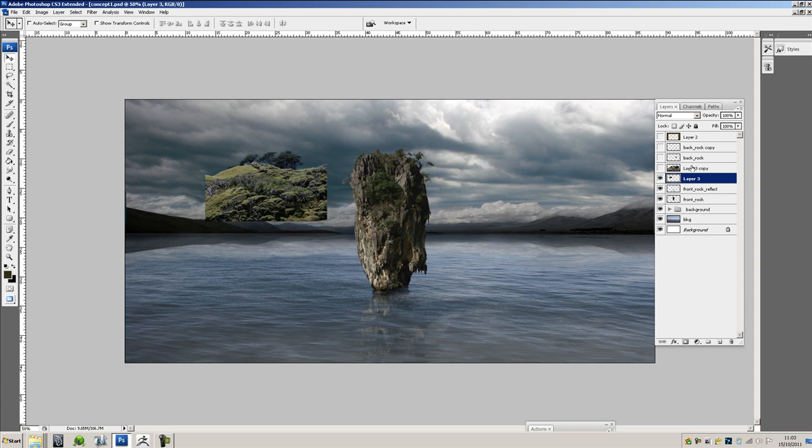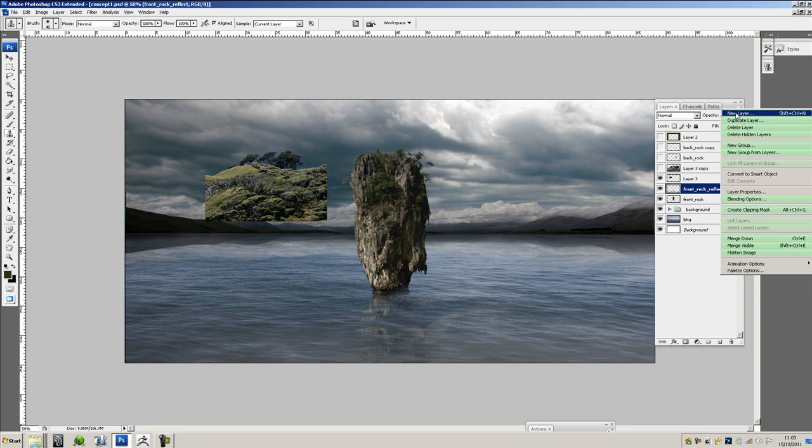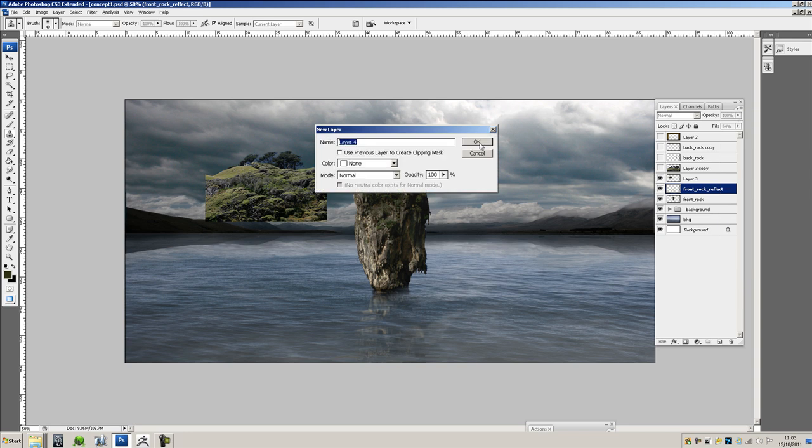Okay, so I put it here. Now you can use the clone tool. I can start cloning this. So I press the Alt key to sample. I'll sample here. Then I can go on to my rock layer or another layer. In fact, I'm going to create another layer above it. New layer, and top rock